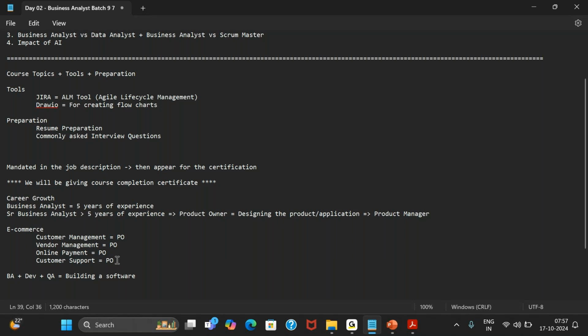So from a job safety perspective, as long as you stay in technical roles, that is, as long as you stay in BA, developer or QA role, I think you'll have good job safety. If you move into non-technical roles like management, completely management, which is mid-level management, not leadership roles, but mid-level management, then there's a little bit of